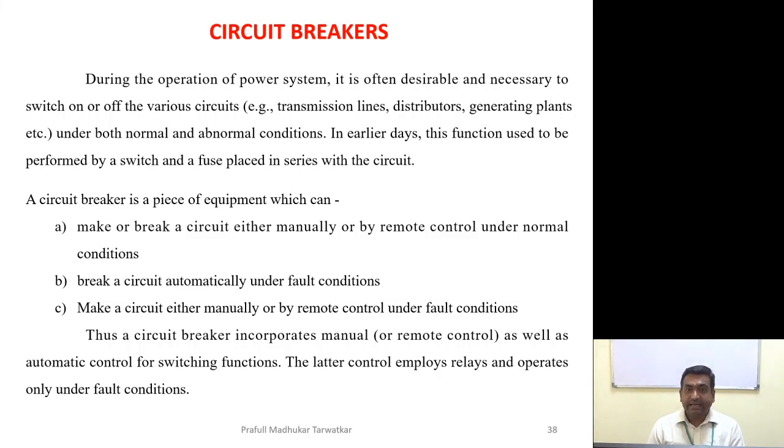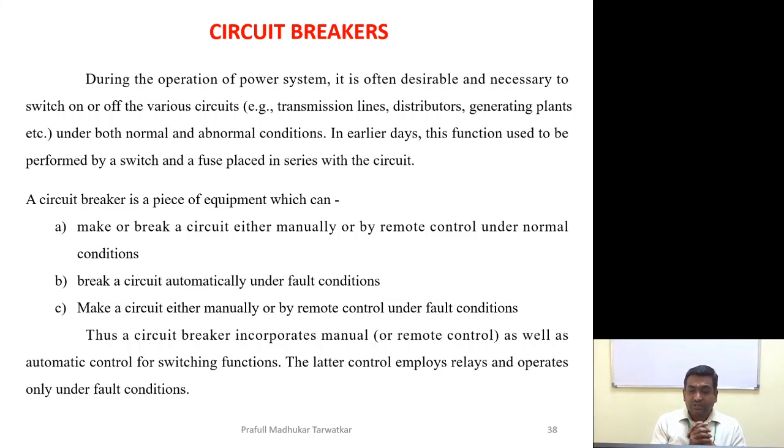The next in the category and in the list is the circuit breaker itself. The miniature circuit breaker, the earth leakage circuit breaker and molded case circuit breaker we have already discussed in the last lecture. Now let us see, when we talk about a high voltage power system, the circuit breakers used in the electrical power system, how they work, and what are their various categories or classifications of these high voltage circuit breakers.